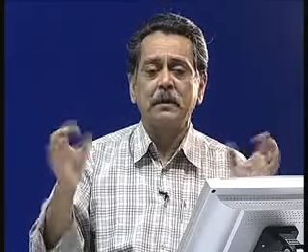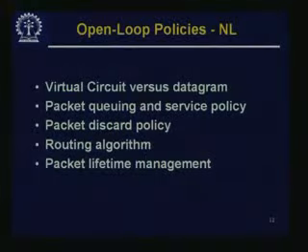Now if you want to give a premium service to this particular pair of nodes, maybe they pay more or something like that, in that case you have somehow to distinguish them. You have to classify all the packets as forming some kind of a flow. So you have to have some kind of a virtual circuit between these 2 points in order to distinguish them. If all packets are on their own, then that is a different kind of situation where it may be more difficult to distinguish the flows between two specific nodes. Okay. So, virtual circuit versus datagram may be an important issue.